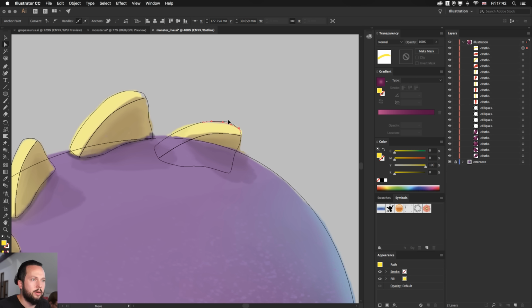Now for the eyes, I am going to pick again the background color, but then I'm going to change it to something brighter, and actually we can set it to white, but then make it slightly darker, maybe add a little bit a tint of purple in it, something like that. It can be a bit brighter than that. And then I'm going to alt click and drag to duplicate that gradient stop, I'm working here in the gradient panel. Drag the purple out that we don't need, and then make this detail darker. And if you need to reverse your gradient, you can click on this icon here. So reverse gradient. Yeah, that's looking more like an eyeball.